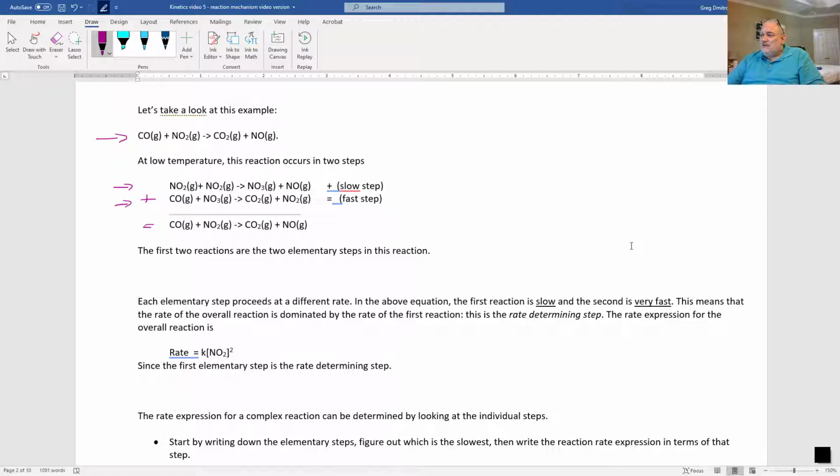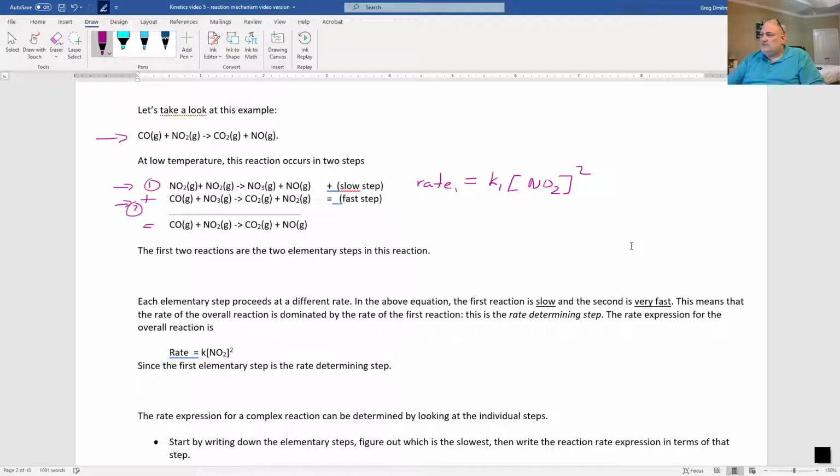So with elementary steps, we can actually write the rate law by their coefficients. So the rate for this first one, we'll call this number 1 and number 2, right? So rate 1, if we did this, that's going to be equal to K, we'll call it K1 because it's for this reaction. And we have two NO2s, correct? So that's the same thing as NO2